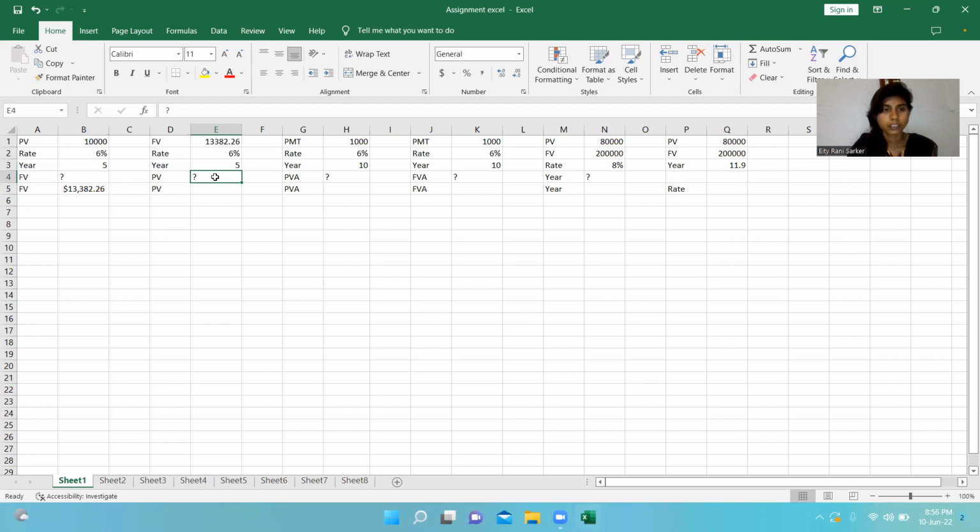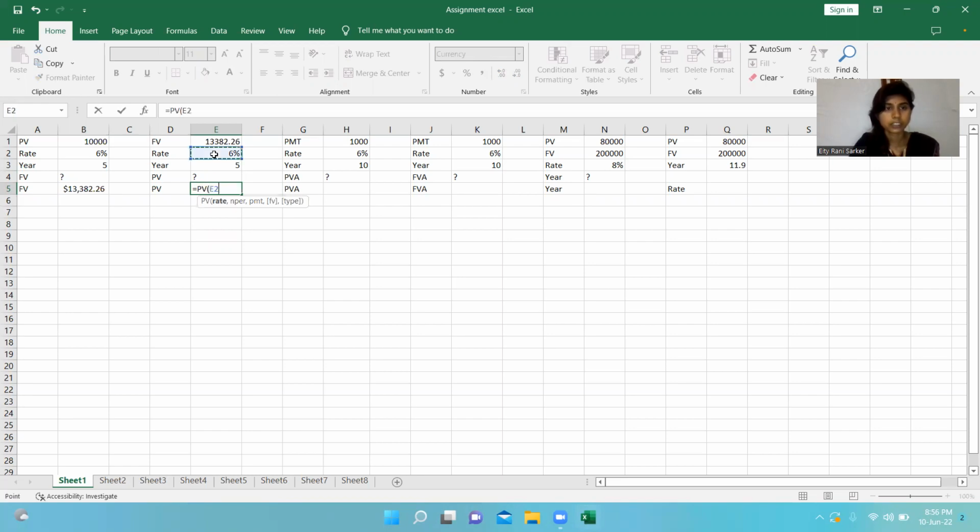Present value is what? So for calculating the present value, write the equal sign, then PV, starting bracket, then